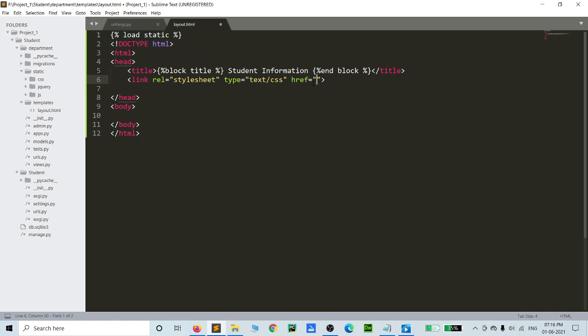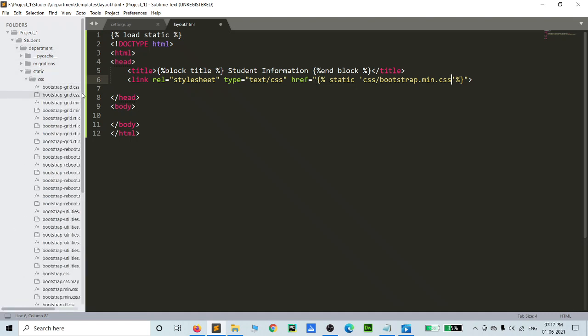In this href we can give our static method. Inside static, we include our CSS file. Here we include the folder name, the css folder name, and the file name is bootstrap.min.css. Otherwise you can add any more also.